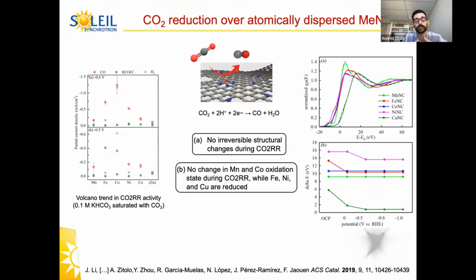Anyway, we collected all the operando spectra for all these materials under CO2 reaction conditions, and a first interesting result is that all these materials are reversible. Here you can see the absorption spectra of the materials before the reaction, which is represented by the solid lines, and then after the reaction, represented by the dashed line. While here we reported the variation of the absorption edge. Actually, this is the difference between the absorption edge of the sample and the absorption edge of the metal foil